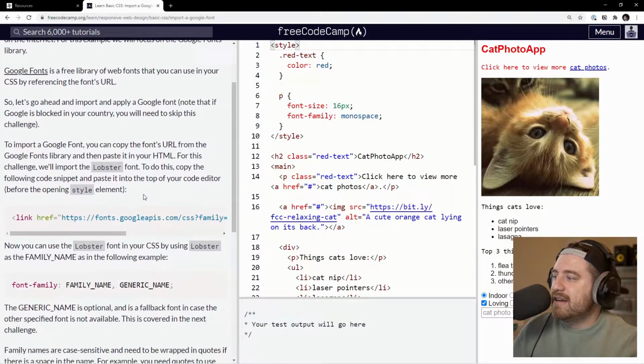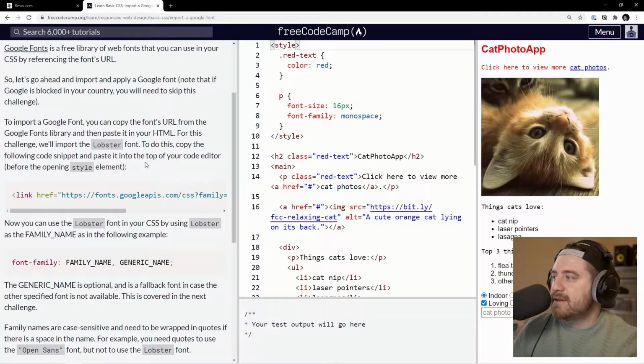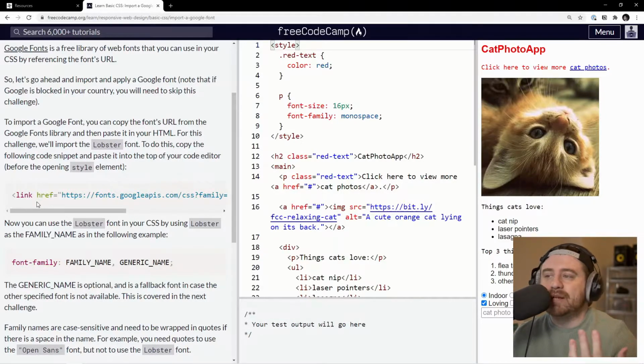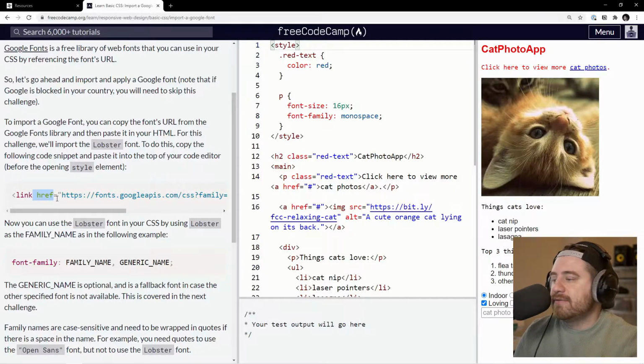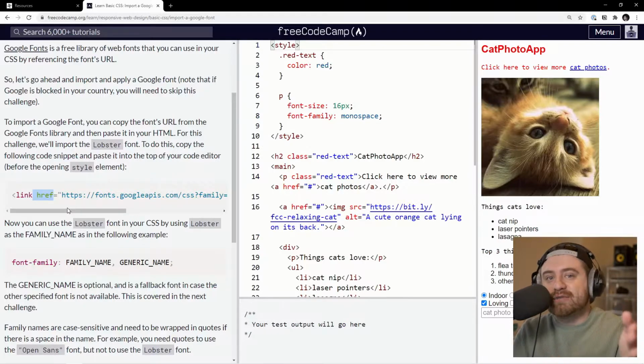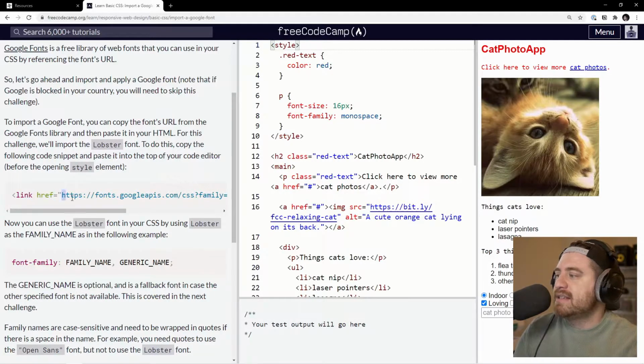So let's come down here and see the code and how this works. To do this, we need to copy the following code snippet and paste it into the top of our code editor before the opening style element. So we have this link tag here, which is basically an element for importing resources from the internet into your HTML page. So link href, right? That's the same thing as when we made a link in our basic HTML course. And href says where this resource is online. This is at